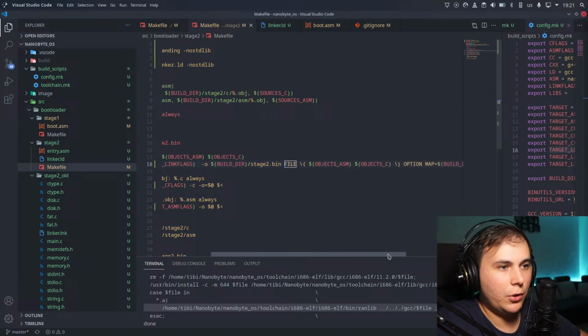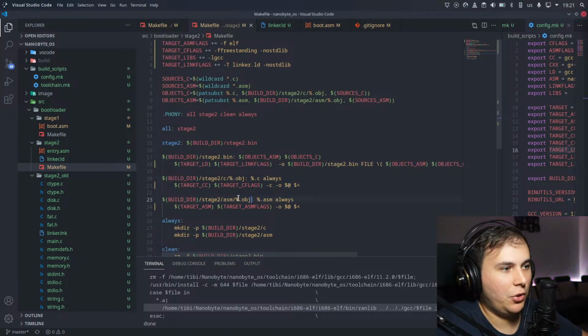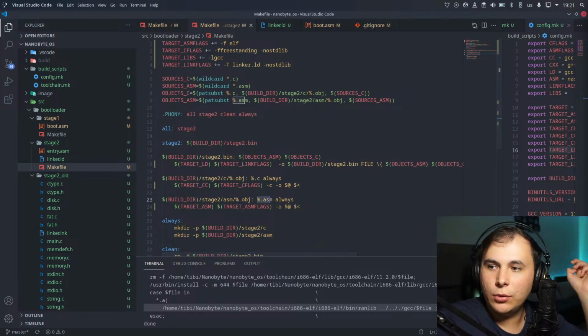Now for the object files, here we can just use this syntax. This means the target, which would be this part. Actually, this one is just the first one. To include all of them,